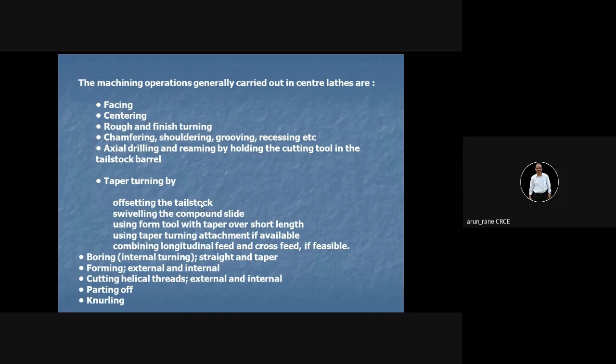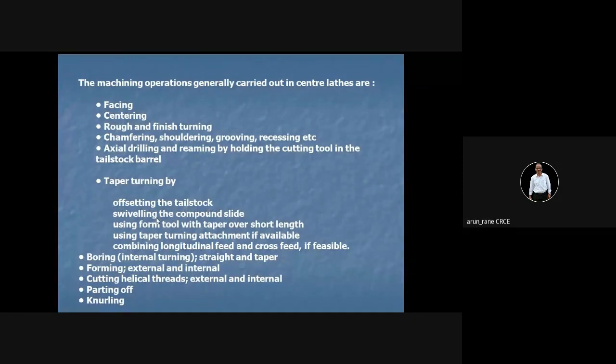Normally nobody uses this, because once the taper turning is done, you have to bring the tailstock back to its normal position. And once you bring it to the normal position, you have to again align the live center and dead center using a test mandrel. So this all becomes expensive, and there is loss of time also. So generally we don't use offsetting the tailstock. Wherever the tailstock is, we keep it there only, and we move the tailstock only in the longitudinal direction. That is basically for drilling.